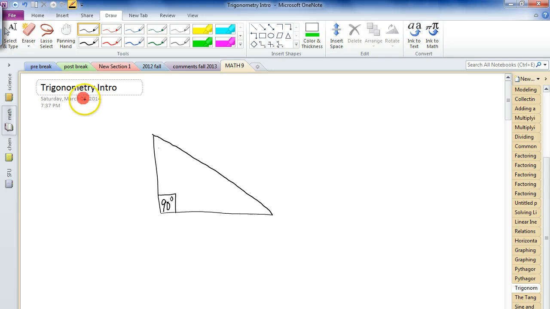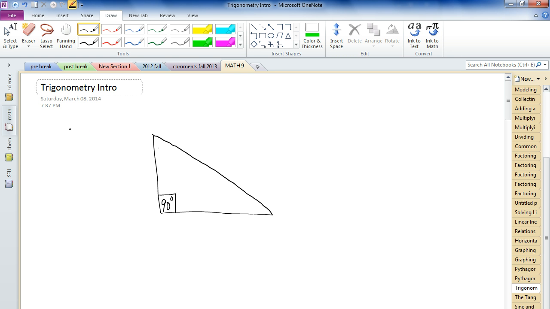Okay, now we're starting to look at this new unit of trigonometry, and I want to spend some time here to talk about the key terms and the key words that will go along in this unit that will help you out later on. So this is nothing really deep. It's just words and terminology so that you're familiar with them and you can use them to do some real